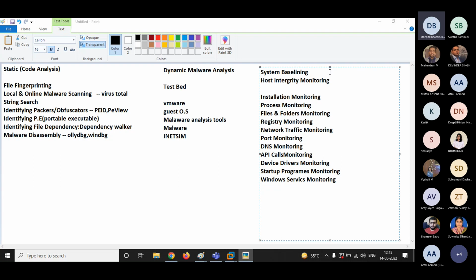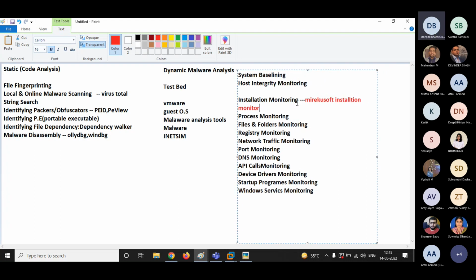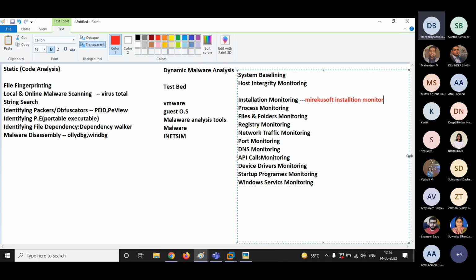For this, we have a software that is known as Mirekusoft Install Monitor. That is your system baseline. All right, that is Install Monitor.